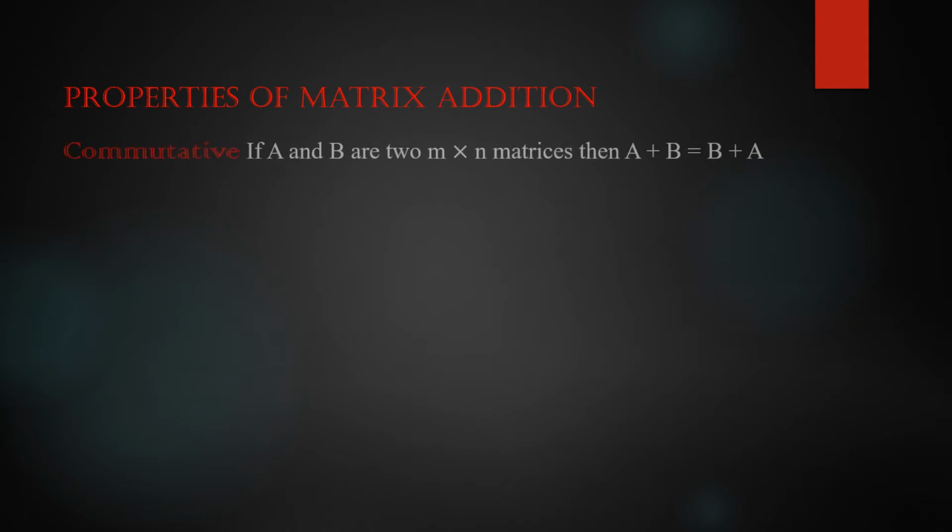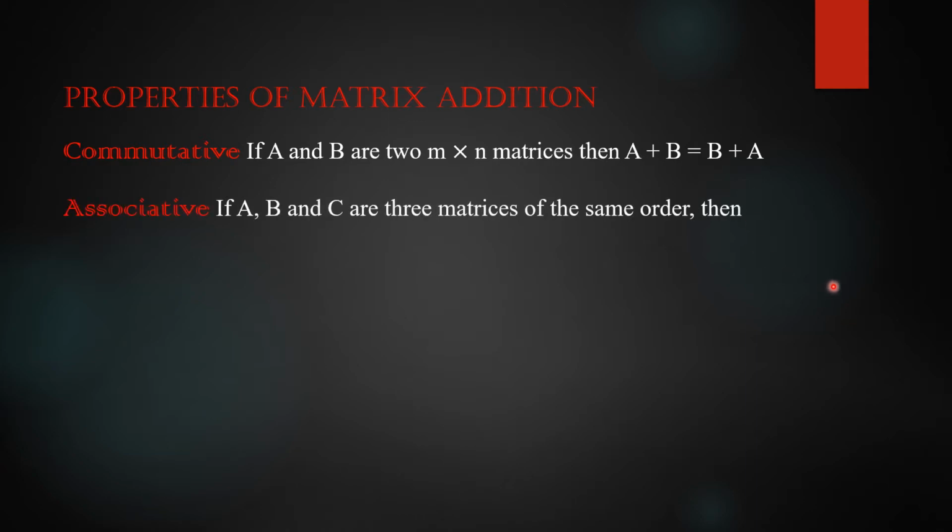So the first one is the commutative property. The commutative property means A and B, these are two matrices of the same size m by n, okay, and then it is always true that A plus B is equal to B plus A. That means matrix addition is commutative, just like 2 plus 3 is equal to 3 plus 2, that is, addition is a commutative operation, you know this. In a similar manner, in the case of matrix addition, the process is commutative, meaning A plus B has the same result as B plus A, okay. So then the next one,